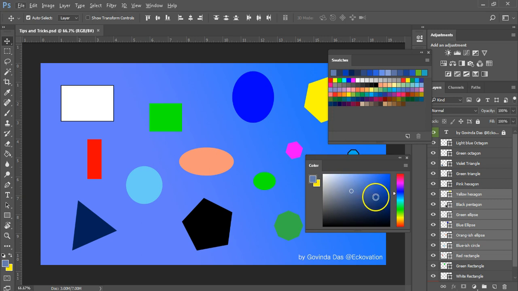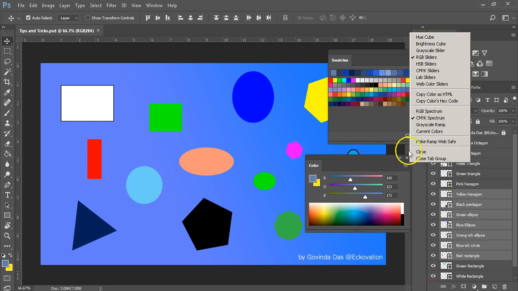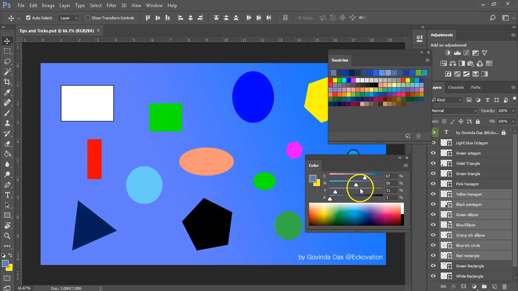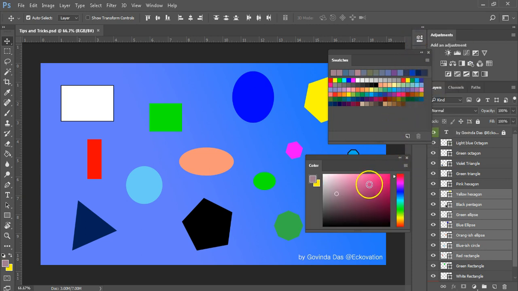Now, if you look at the top right corner of the color panel, you will see the X icon for close. Well, look below that. You will see 4 horizontal lines stacked together. That's the option menu. Click it to see a drop down menu providing you various color sliders like RGB slider or CMYK slider. You can choose any slider to tweak your chosen color if you desire. Now, let's go back to our hue cube from the option menu at the top right corner of the panel. Now pick a color, fine tune the shade you like and see the foreground color square change.